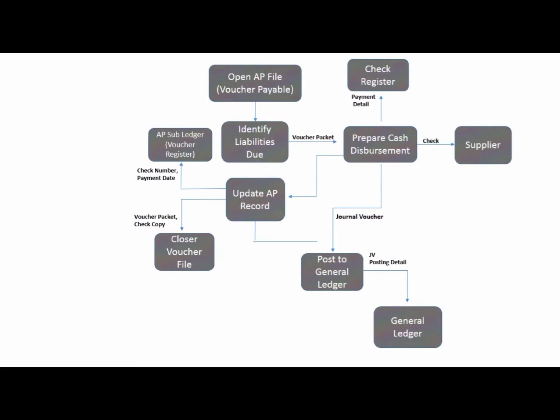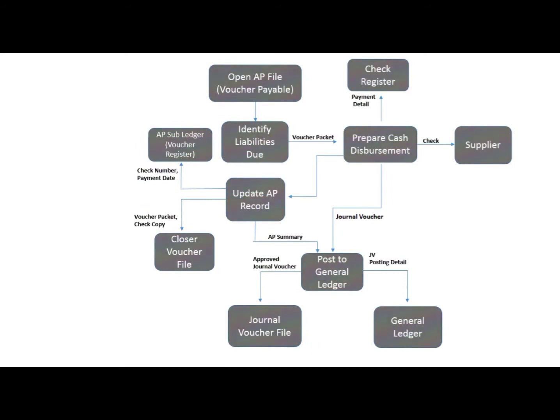Next is to update the AP record. Upon receipt of the voucher packet, the AP clerk removes the liability by debiting the AP subsidiary account or by recording the check number and payment date in the voucher register. The voucher packet is filed in the closed voucher file, and an account summary is prepared and sent to the